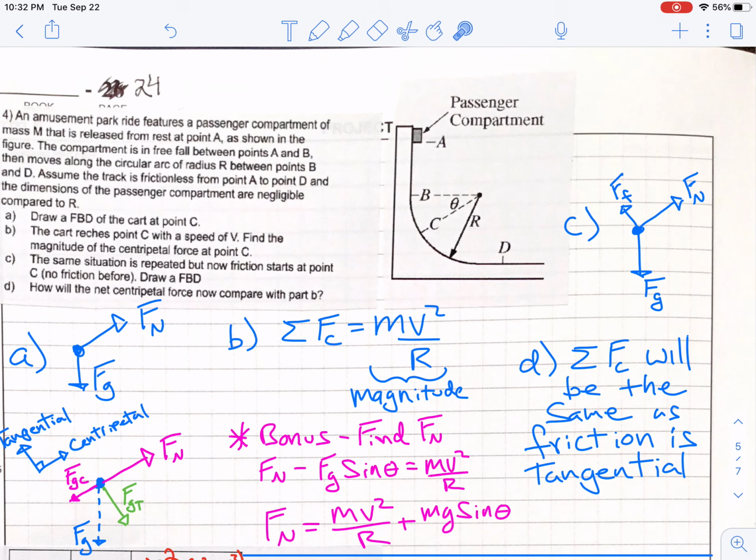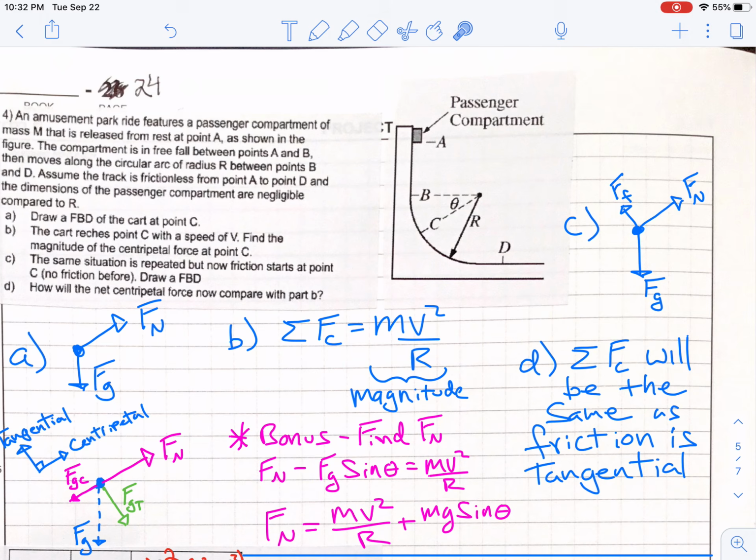For part C, when we deal with friction at point C, which way does friction point? Opposite the direction of motion. The direction of motion is tangential, so friction points in the opposite direction of our tangential velocity. And the centripetal forces are going to be the same. Friction does not affect the